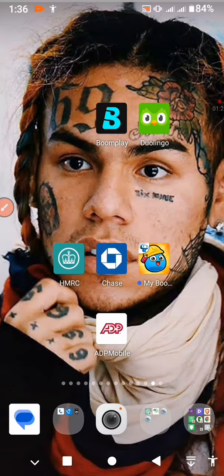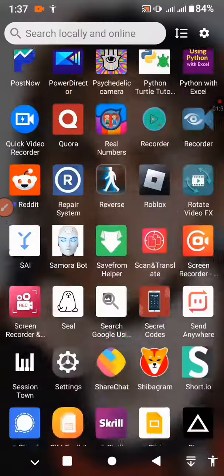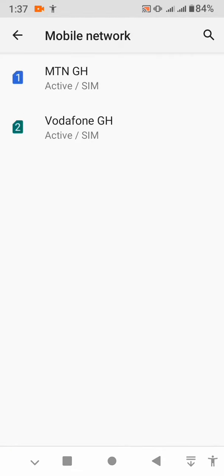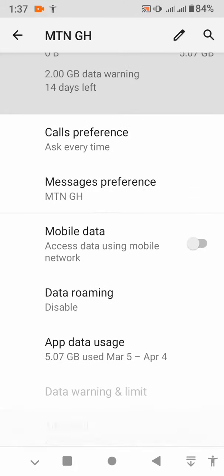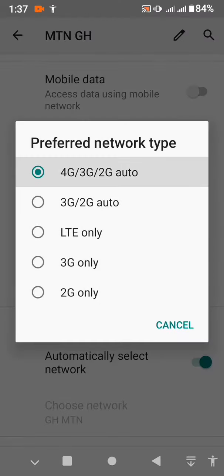When this is still not working, what you have to do is to go to your phone settings, to go to your phone menu and try to search for your phone settings. When you find it, just tap on it to open it. Then after that, tap on network and internet, tap on mobile network, select the network type. Then after that, scroll a little bit, tap on advanced, scroll again and tap on preferred network type, then select